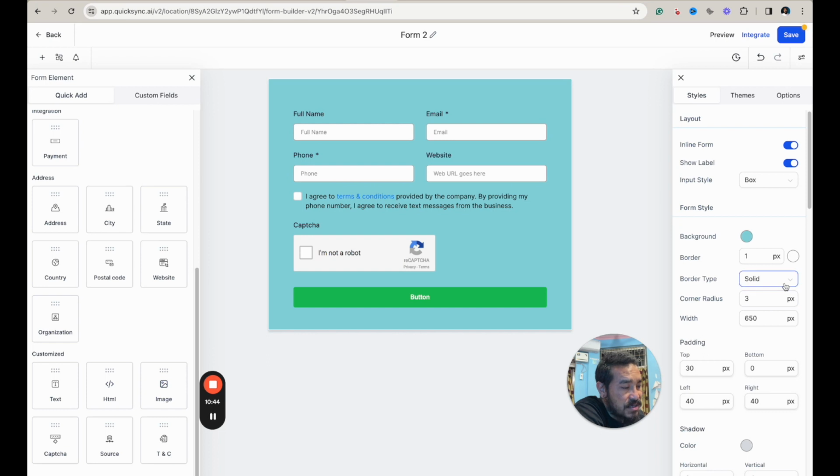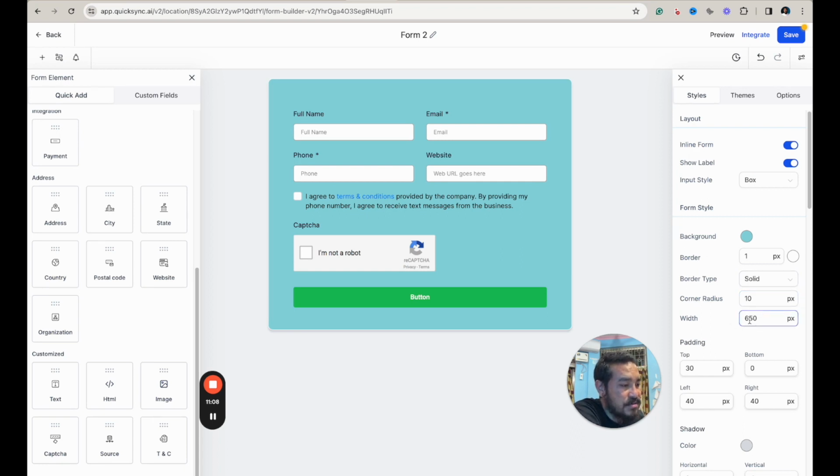And the border style solid, or you can keep it dotted, or you can keep it dashed, or none. So let's keep it solid, and you can change the corner radius also. So this one is the corner radius, so let's make it 10,